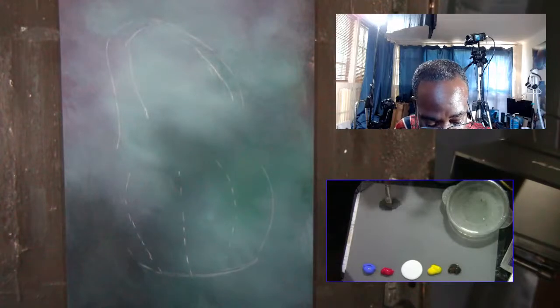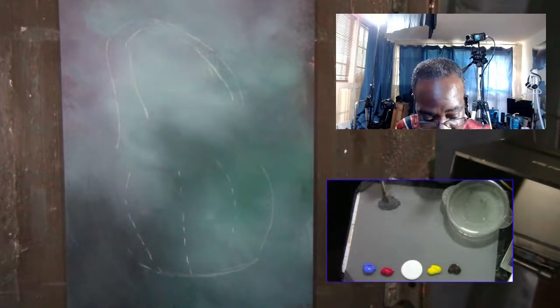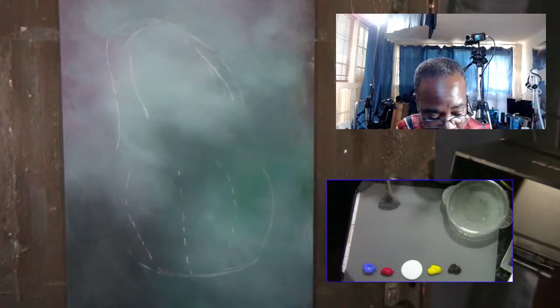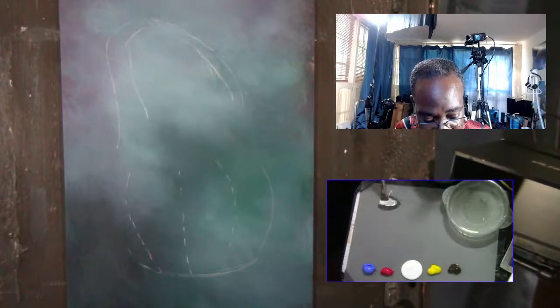I think what I'm mixing here should be about right. And basically, to get the gray that I'm looking for, you just add white to it. All right, now it's gray already, but it's a little too deep, a little too dark for right now. Get a little bit of white. You put it in there. You mix it in fairly well,